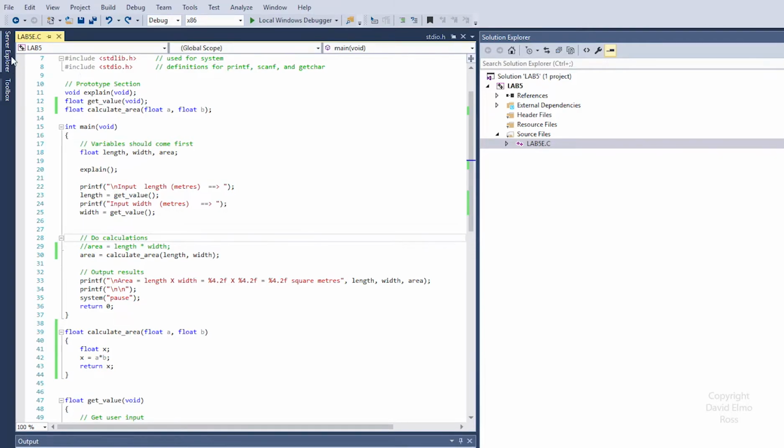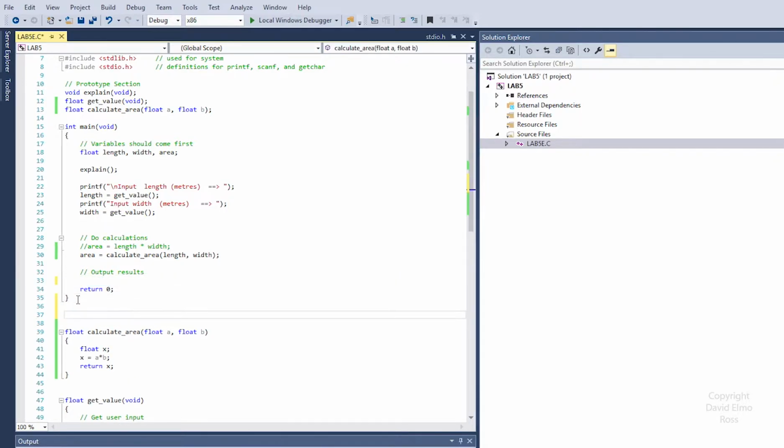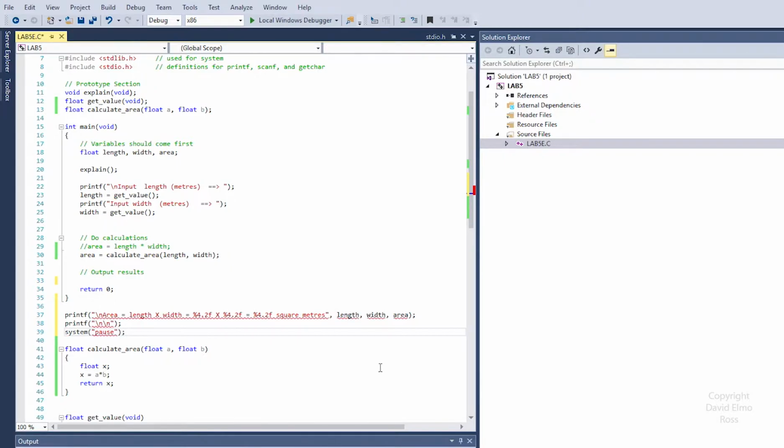What I've done is change this to Lab5E, and what we're going to do is grab what's here down to the system pause. We're going to do a Control X, and paste it after our mainline code. But we're going to change this to be something a little different, because under output results, what we want to have is a function called output results,